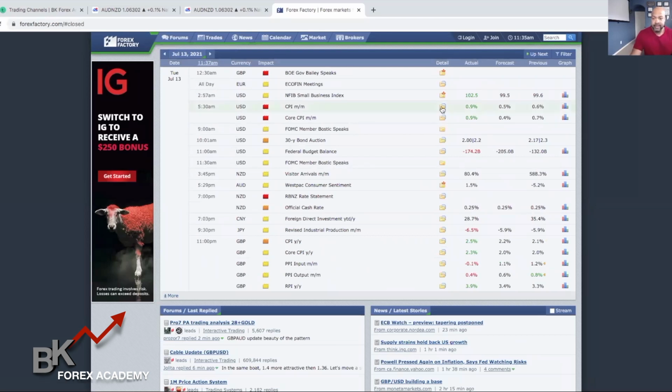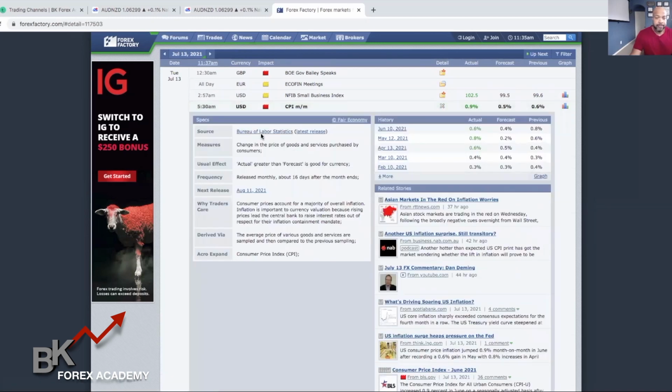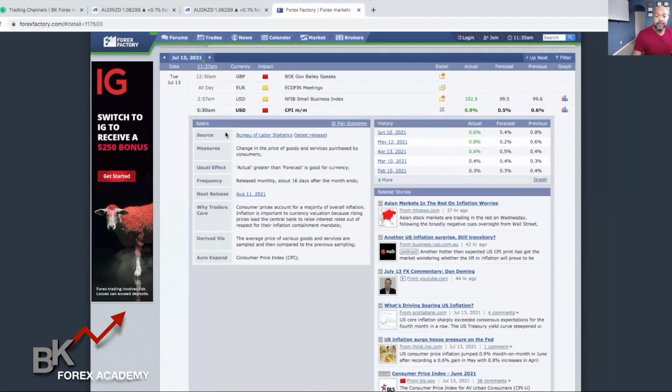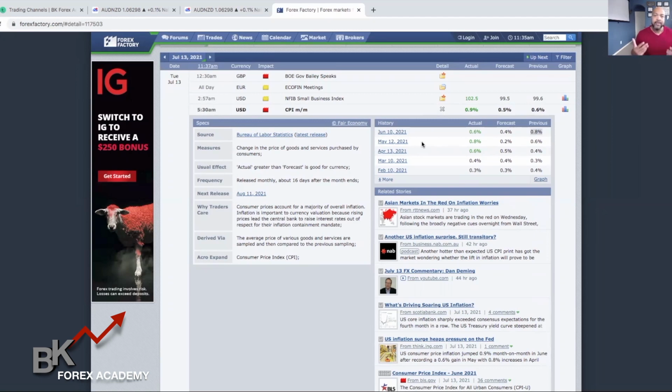If I go ahead and click the yellow folder here, now the Bureau of Labor Statistics is the source for the United States dollar for the inflations, okay? And it gives you the same information. The forecast was up 6%. They forecasted it will be up 4%, and then previous it was 8%. So you can see how it affects the housing market, the stock market, the Forex market, and your local economy,